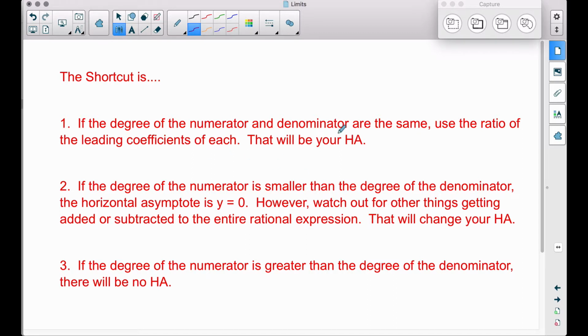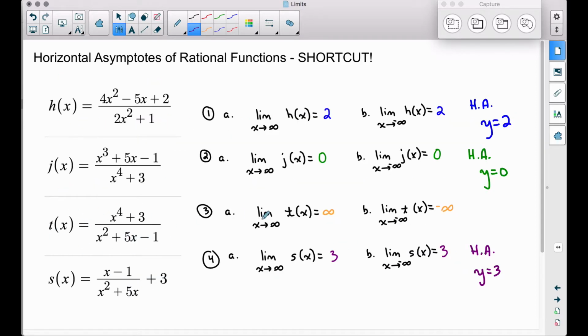Now, rule number 1 was what we discussed back at the beginning, where we had the same degree at the top and the bottom, and I mentioned to use the ratios of the leading coefficients. Sometimes we don't have a horizontal asymptote though. That occurs when the degree of the numerator is bigger than the degree of the bottom. Let's look at an example. So looking here at t of x, notice we didn't get a number. We got positive infinity and negative infinity. We don't have a horizontal asymptote because the curve is not going to flatten out. And that's always going to be the case in a rational function if the degree up here is bigger than